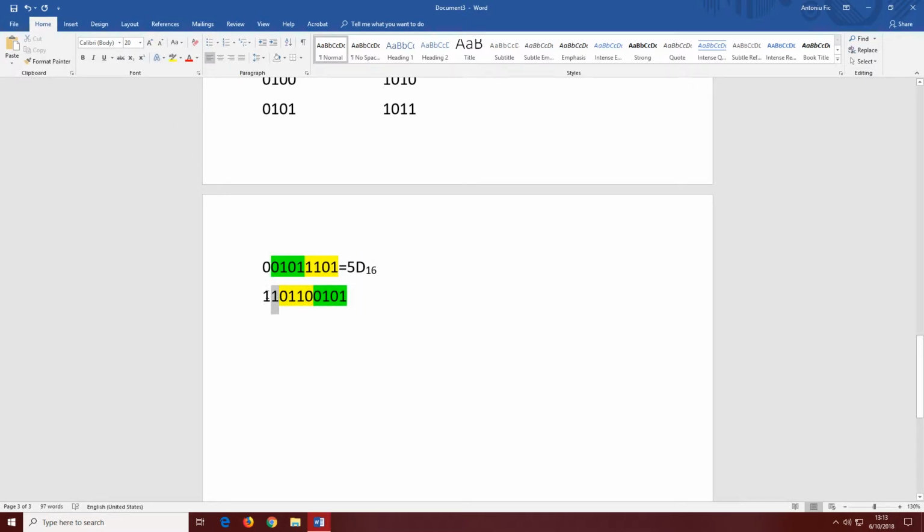And these two are going to be considered to have leading zeros, so we're going to put leading zeros because it doesn't have them. Now what is this? This is going to be 3. This is going to be 6. And this is going to be 5. So this is 365